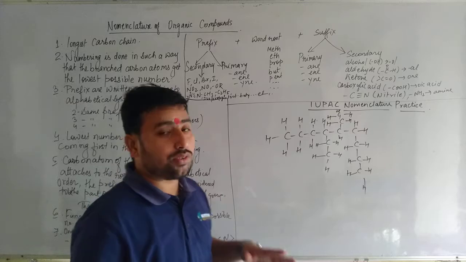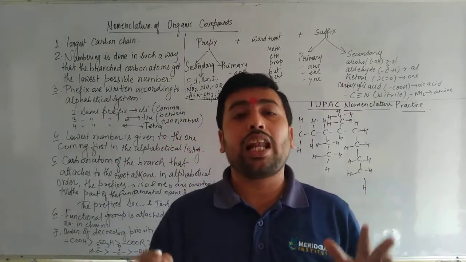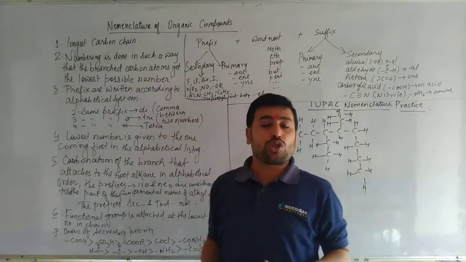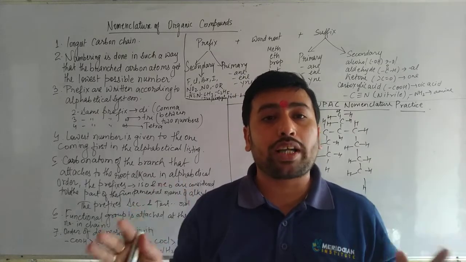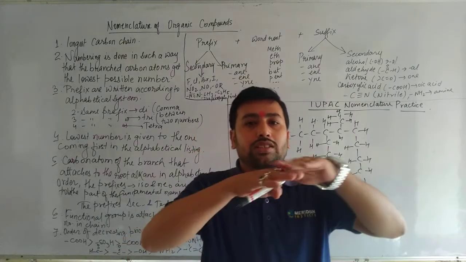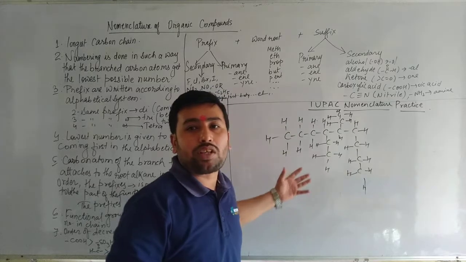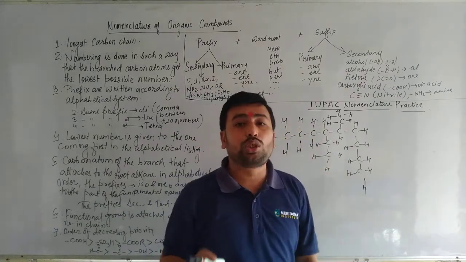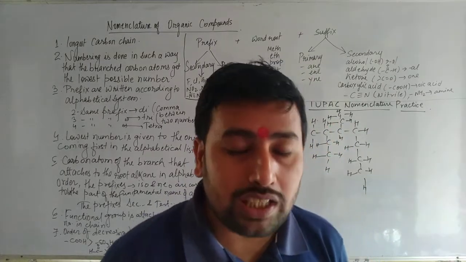Now the question is, first we should understand from which side we are getting the longest carbon chain. The first rule: longest carbon chain. You should remember that you should get the longest carbon chain. If a straight chain is there and it has some branches like this one I have given you, it can be any other option also. So you have to remember that you have to get the longest carbon chain. Got it? This is the first point.